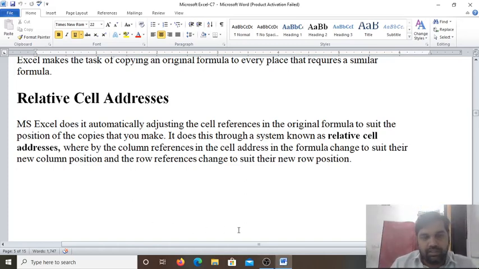So today we'll continue our discussion of lesson 2, formulas and functions. In the last class we studied the formulas in Excel and how we start Microsoft Excel in the computer. Today we will see how we write this formula and what types of cell references there are. Okay, so let me open Microsoft Excel.